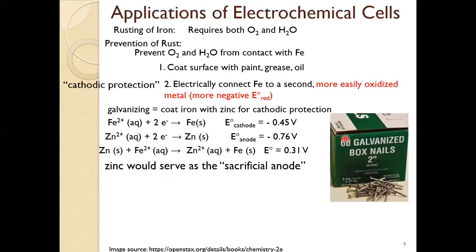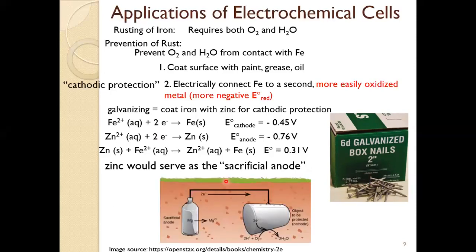This is most commonly seen with galvanized nails, typically a little bit more expensive, they have a grayish tone to them because of the coating of zinc, but especially useful, especially important with any applications that are exposed to the elements, any outside applications. Another application of cathodic protection is when we protect iron structures that are buried deep underground,